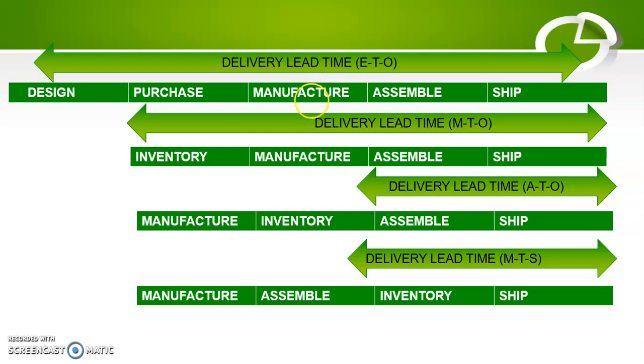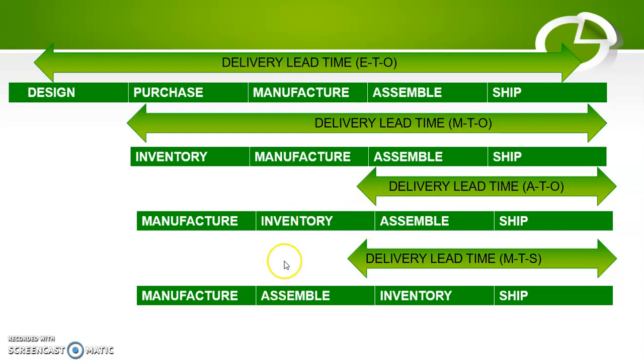Next one is make to order. This means that the manufacturer does not make the product until the customer order is received, and they do not already have it in inventory. They include custom design components as well. So little design time is required and inventory is held as raw material.